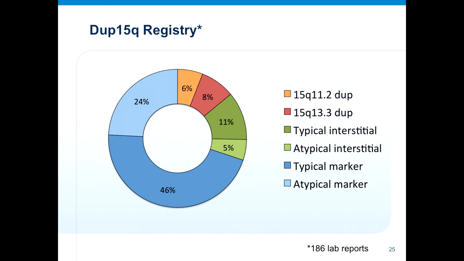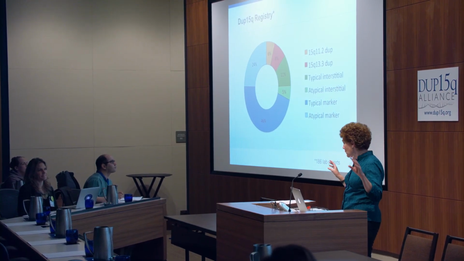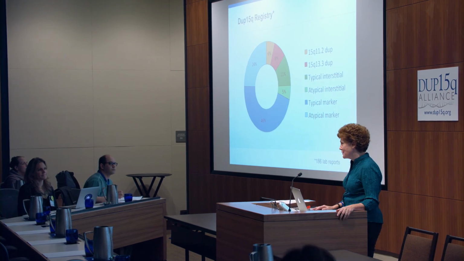Just a slide from a couple years ago, actually, about the makeup of the lab reports that we reviewed from the Alliance. You can see that at that time, when we had 186 lab reports reviewed, the majority had isodicentric extra chromosomes. We had 16% who had interstitial chromosomes, and then we also had some people in the Alliance at that time who had the flanking regions or those edge duplications. And really, that's a little bit of a disservice. They have different conditions, and I think the Alliance has made a great effort in trying to direct them to resources that are more appropriate for them.